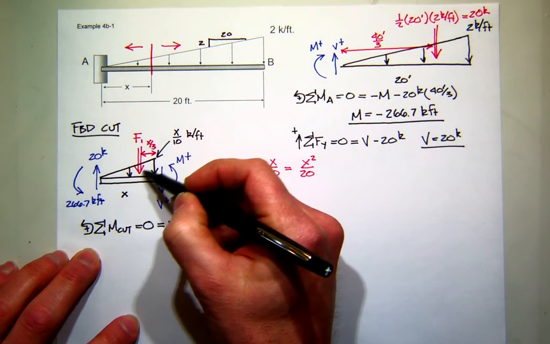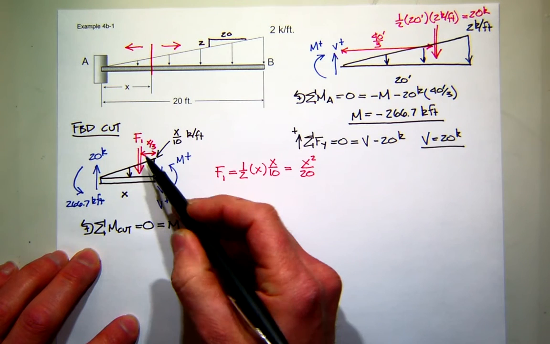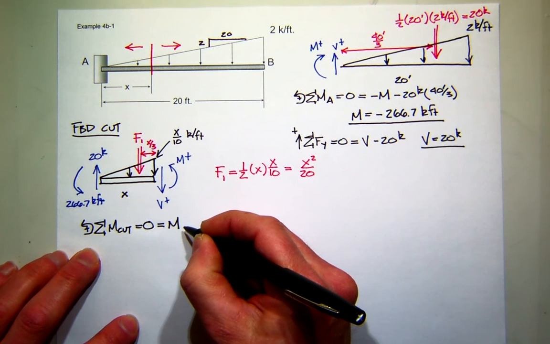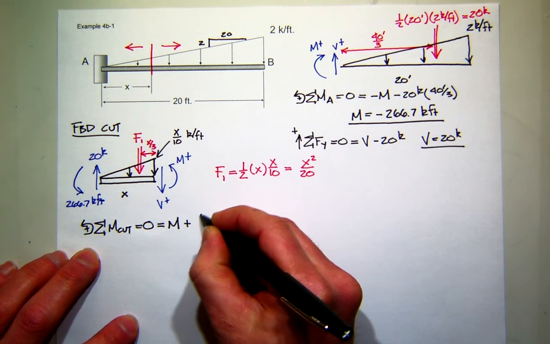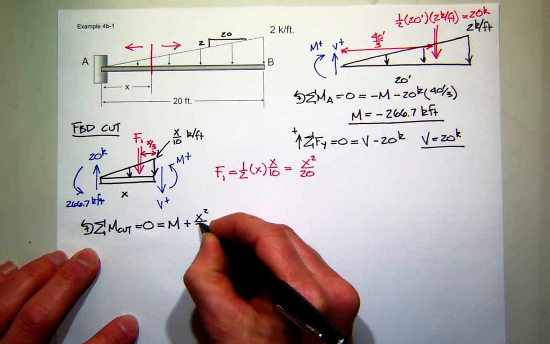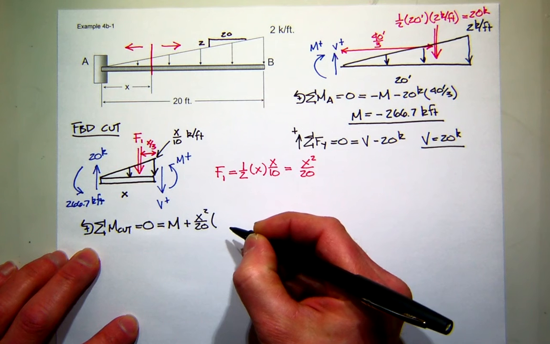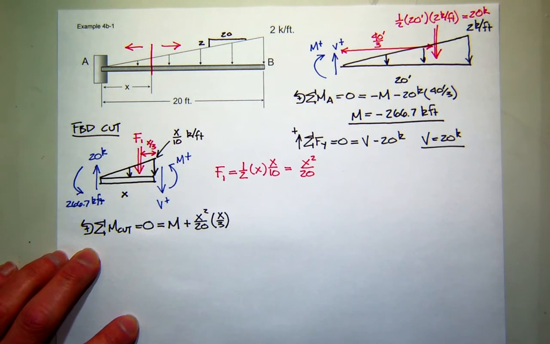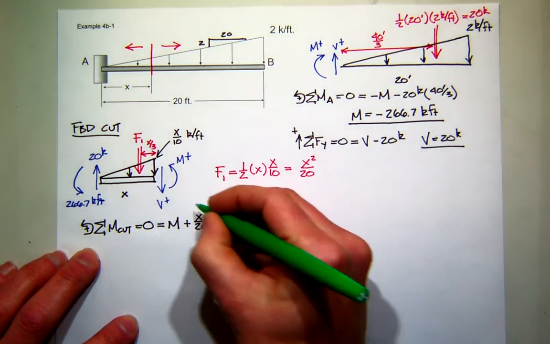What's the moment due to the concentrated equivalent force? Positive. Positive moment. Oh, yeah, that's right. Just positive. And the force is x squared over 20, and the moment arm is x over 3. So just so you see that, I'll write here